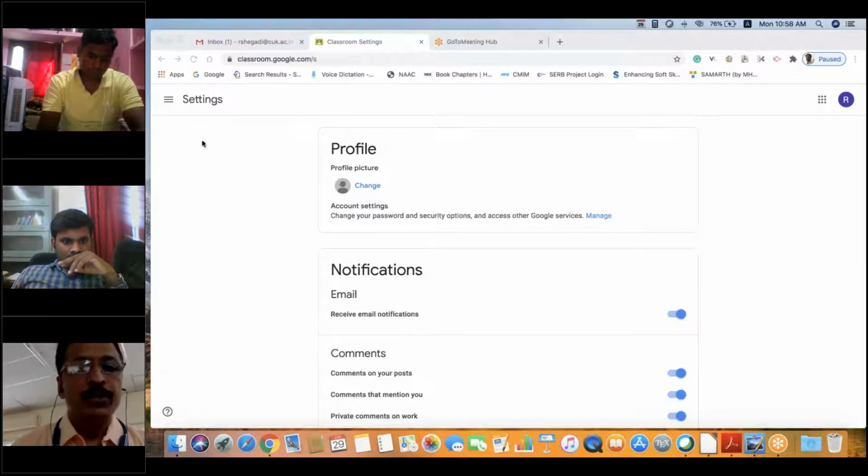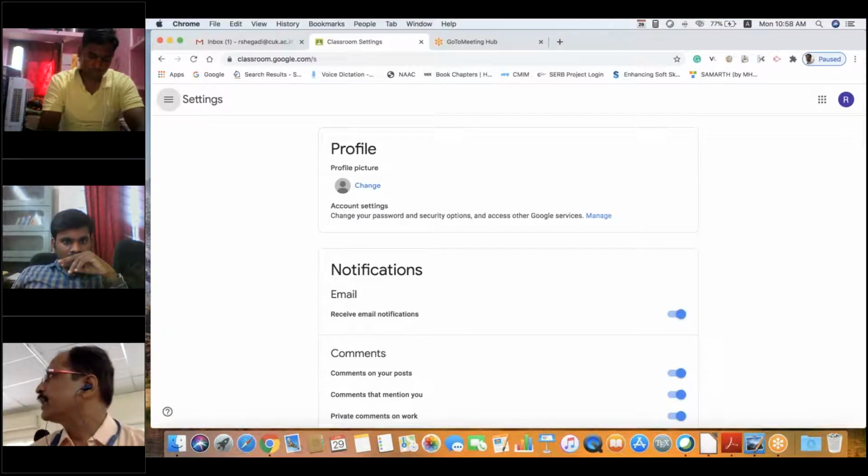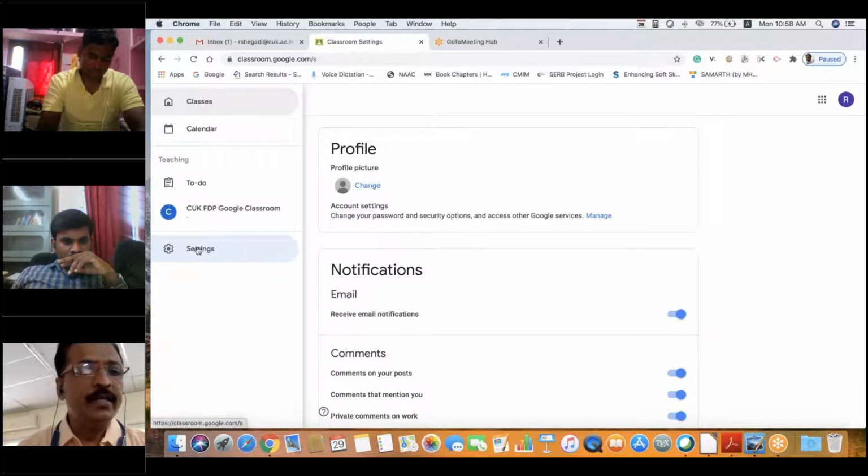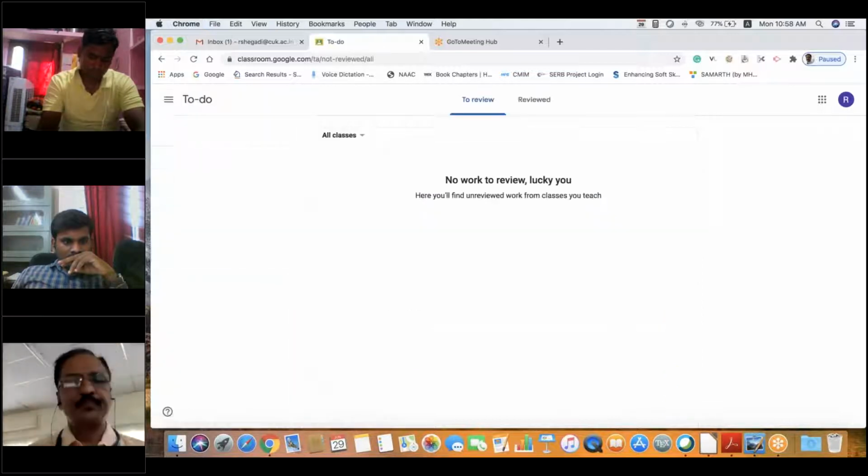Okay. So there is one doubt. You can click again here on the three lines. Just press on To do. This screen will appear here. Basically, To do will show you whatever activities you are supposed to do. For example, you have given assignments to the students, you have given tests to the students.